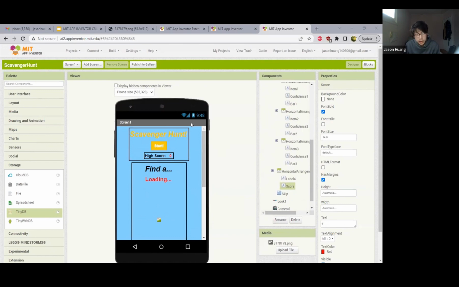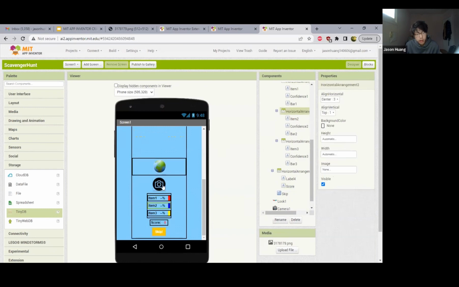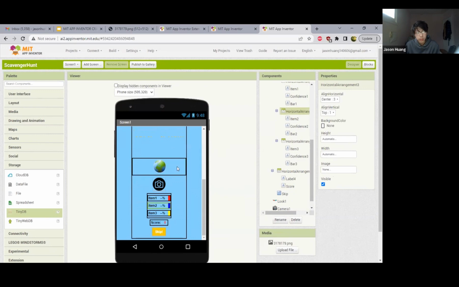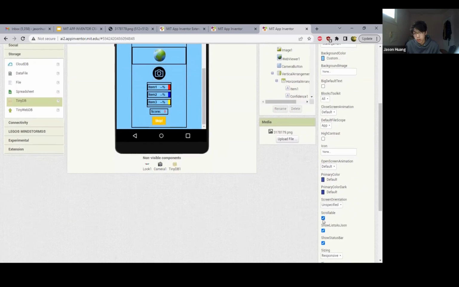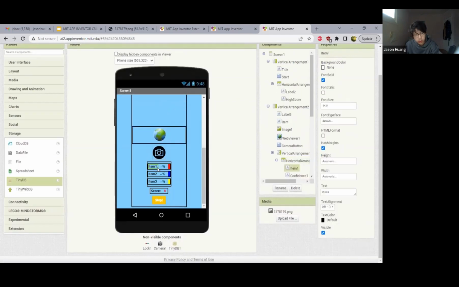I show the item text. So you mean this part or this part, the top or the bottom? Oh, make it scroll down. That's easy. You just go to the screen and then you're going to scroll down here and then you're going to check off scrollable. The bottom part. Okay, sure thing. All right, I'm just going to